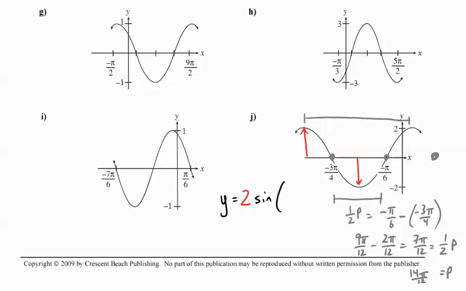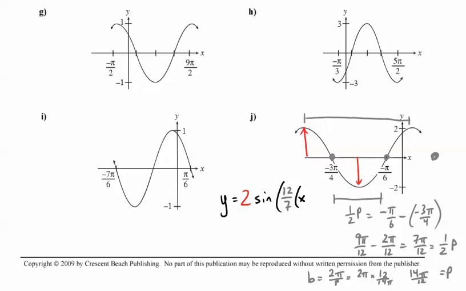So now I can find out my b value by just doing 2 pi divided by p, which is 2 pi times 12 over 14 pi. So that's 24 over 14, 12 over 7. That was complicated. Okay, now I have to find my c value by finding out how far my beginning point